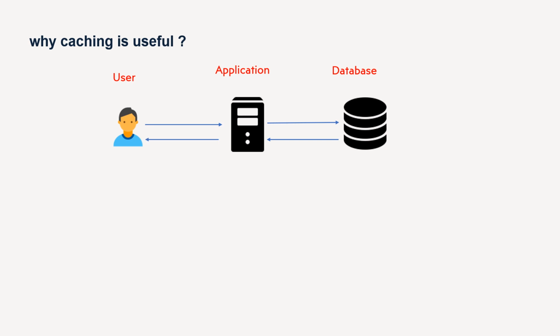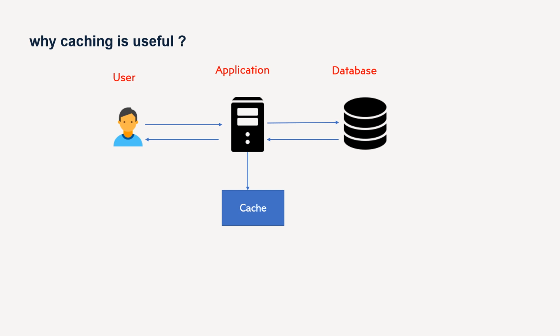So it becomes an extra hop for the system, and sometimes it also increases load on the database. The solution for that is to use a cache. A cache is basically a limited memory, but very fast to access. For frequently accessed values, we can store them in the cache, and the next time the user wants the same data back,